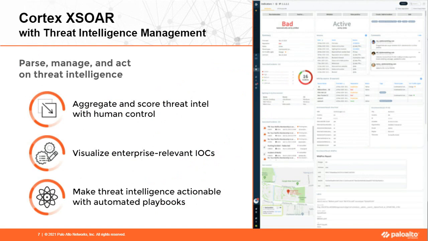So what we've done is we've taken Cortex XSOAR and built on top a threat intel management capability. So you can now bring in threat intelligence feeds, manage those in the product. You can analyze those indicators using playbooks to understand how relevant they are to you, then ultimately take some sort of action, whether that's using those indicators to enrich your alerts for your SOC and incident response team, or ultimately integrating if you want to proactively block indicators in your firewall or alert on indicators in your SIEM, you can do that as well.